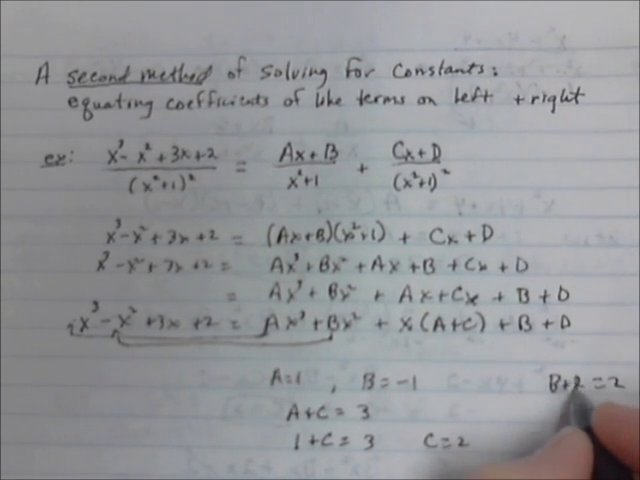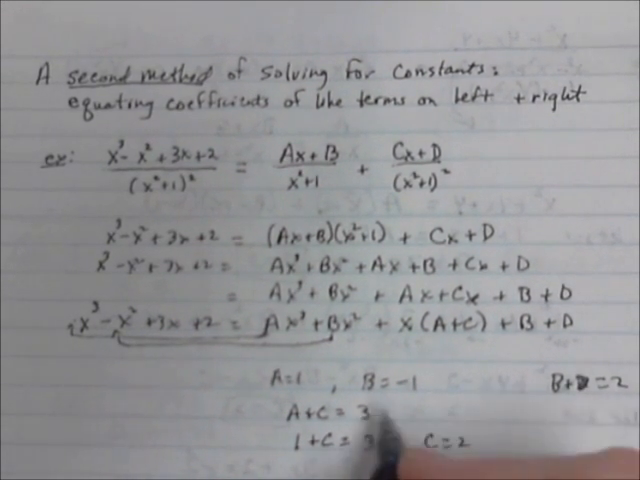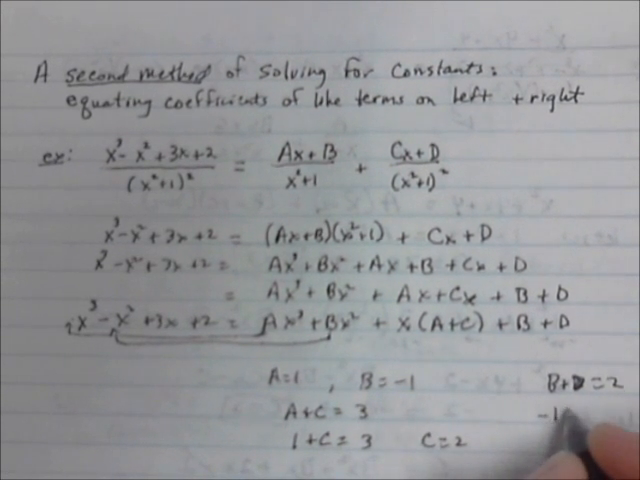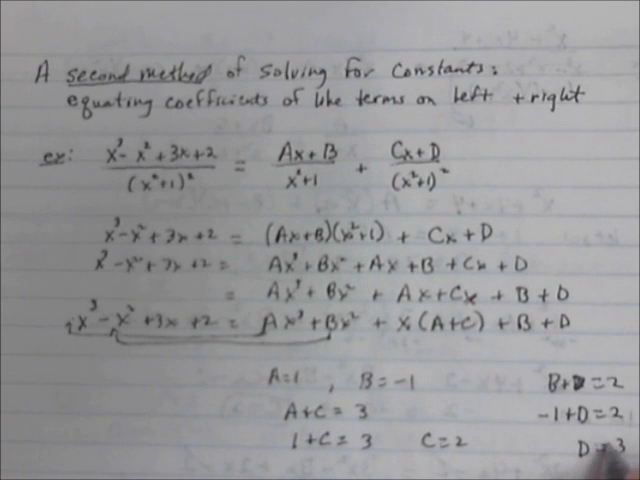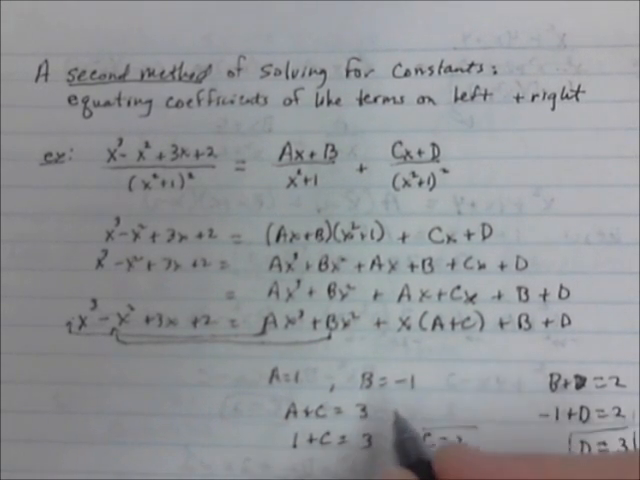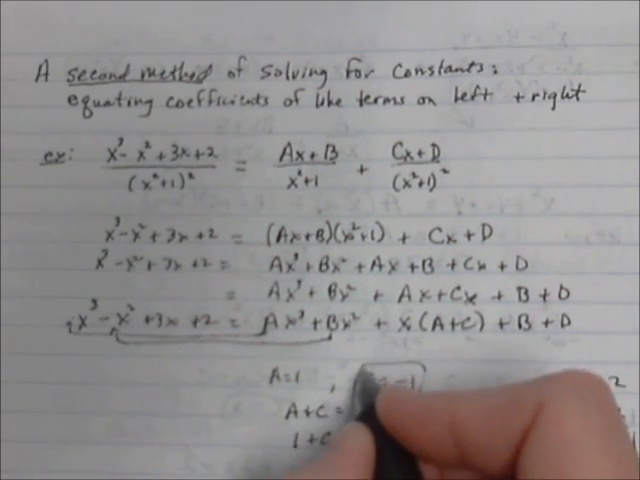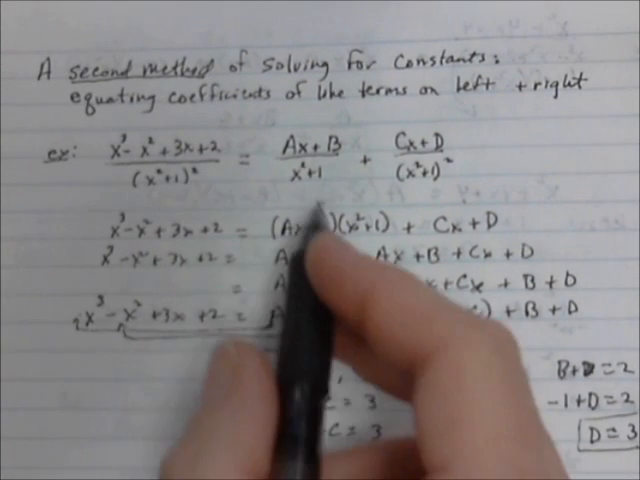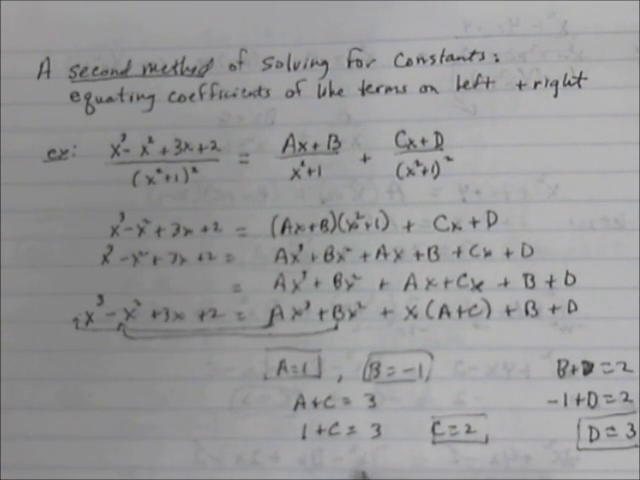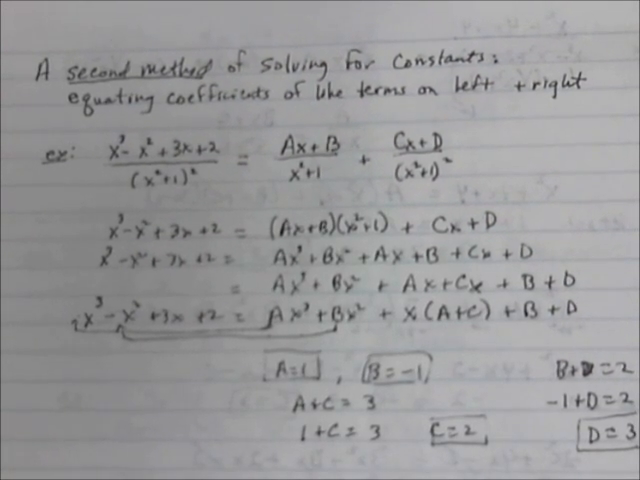Whoops, b plus d equals 2. Well, we already know that b is -1, so -1 plus d is equal to 2. So d is equal to 3. Well, that was a lot easier than setting up a whole system of equations, a 4x4 system, to try to solve it that way. So when we have those four constants, you could just plug them into the original problem,